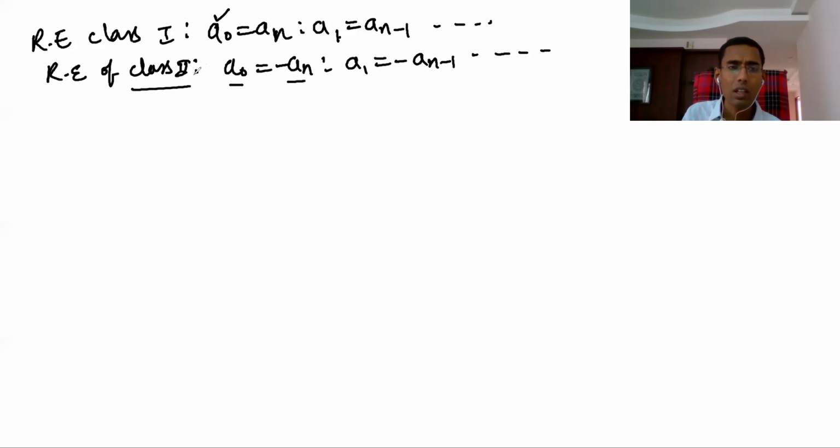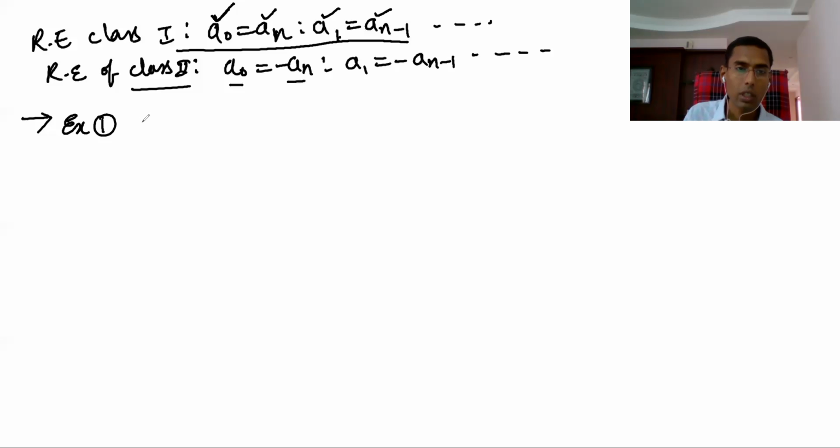So why do we have to learn class 1 and class 2? Because for reciprocal equations of class 1 and class 2, particular roots are there. For class 1, you can take all positives. This is positive, and this is also positive. This is negative, of course. So just by seeing, we can find out the roots actually. That is the reason. Now we will take class 1 equations and then we'll see, and then we'll take class 2 equations and we'll see.